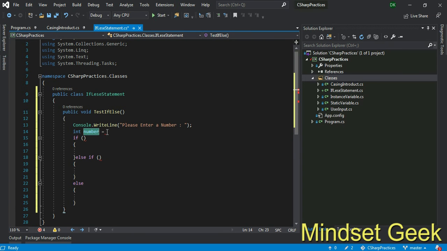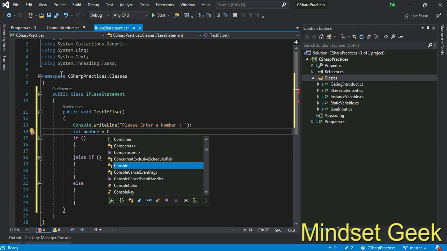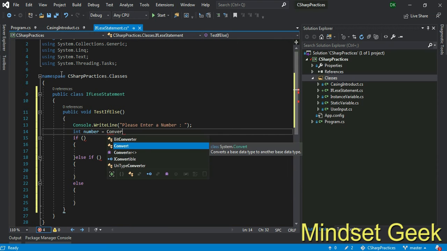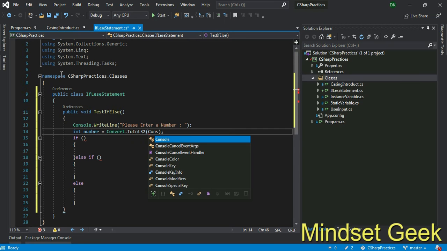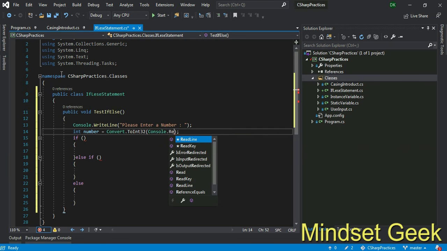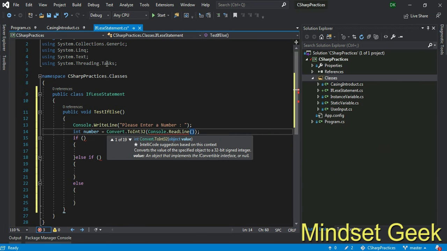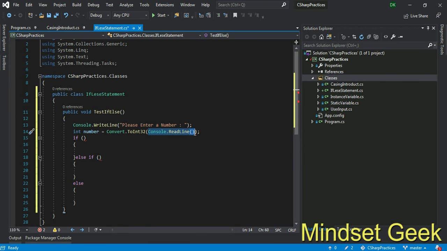This variable means this number, right? We use Convert dot ToInt32 with Console dot ReadLine. The user enters some value from this line and we convert it to int 32, then that value is assigned to this number. Now we are checking this number